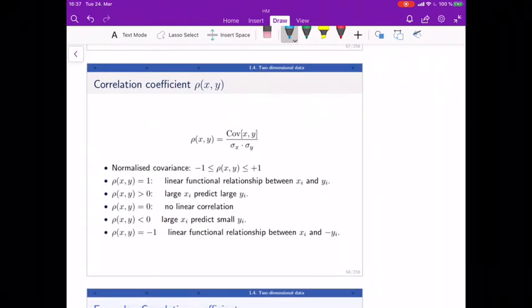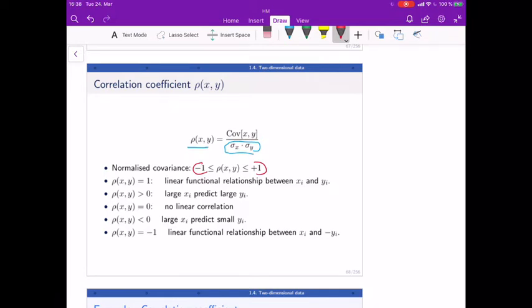The problem with the covariance, as we just saw, is that the absolute number doesn't mean anything. So 0.137, what does it mean? What we want to do is normalize the whole thing. So we can take the covariance and divide it by the standard deviations, both of them, in x and y. This is called the correlation coefficient rho. So now it's normalized. Now we lie between -1 and +1,